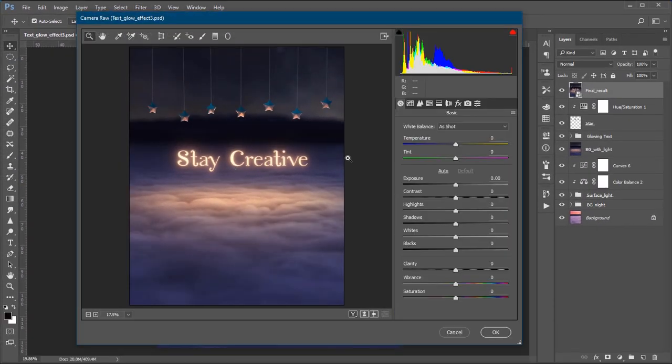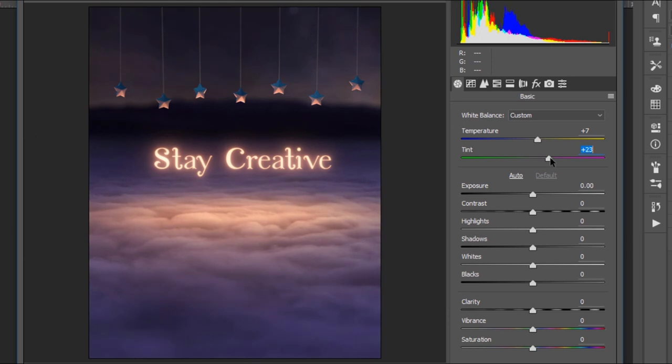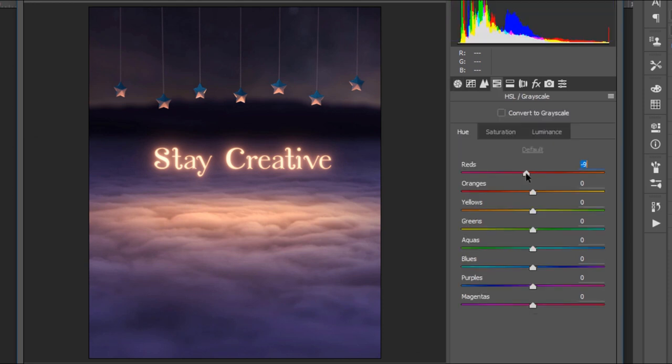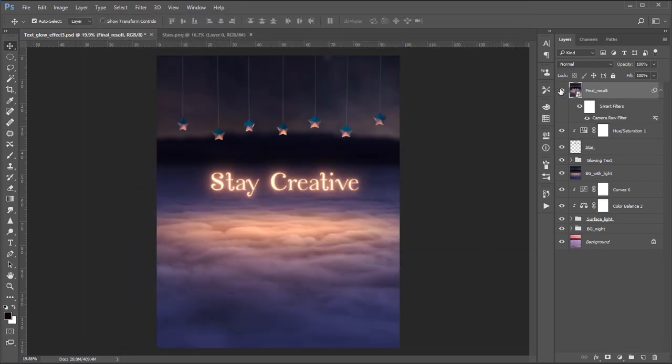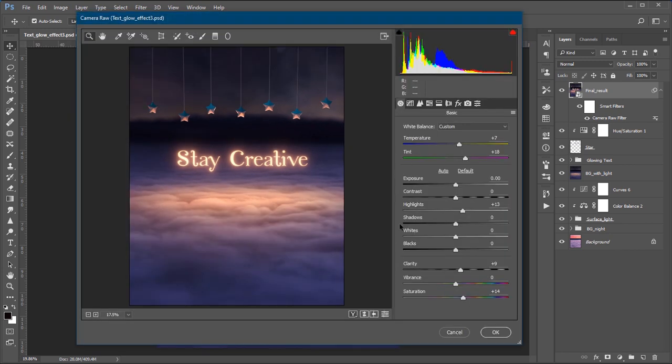Now in this, you can adjust the values according to your personal choice because everyone has a different taste of colors. So give some time to this, try all the settings and see which result you like the most. Once you are done with all the adjustment, hit OK. You can see colors are looking more pleasing now. The benefit of Smart Object is you can edit your filter anytime. Simply double click on the filter, then adjust any setting.